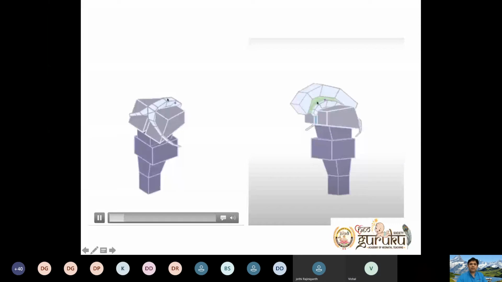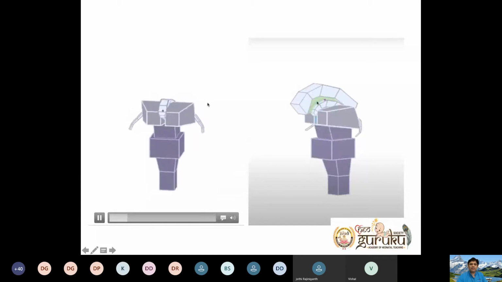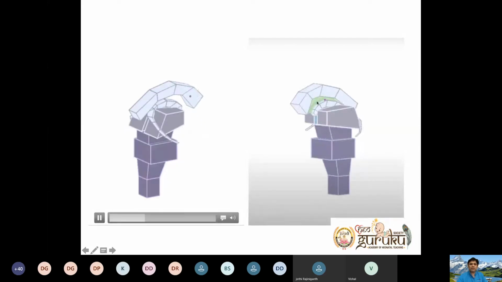Yeah. So you have thalamus, fornix, and this is how it looks. This is the brainstem. Then you have your thalamus. These two boxes are thalamus. Over the thalamus, you have your fornix. So this is how it looks. Now we have added corpus callosum. So there's a gap between the corpus callosum and fornix. That is your cavum septum pellucidum. So cavum septum pellucidum, where exactly it appears is here.